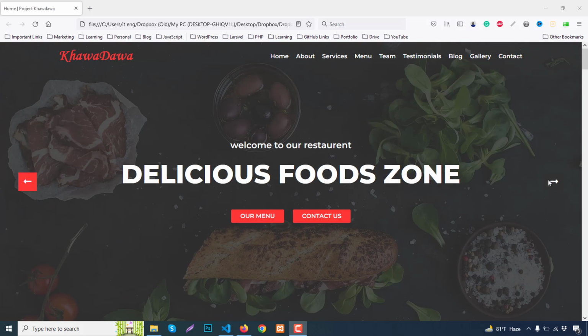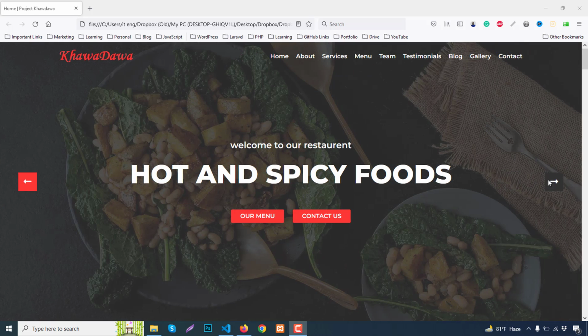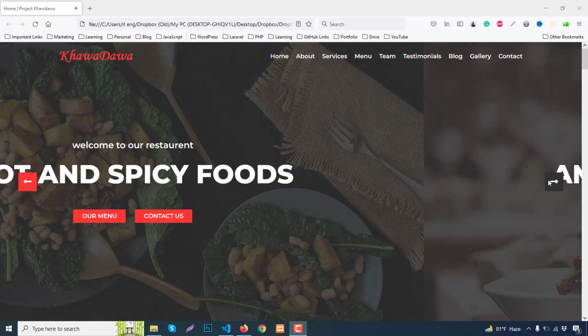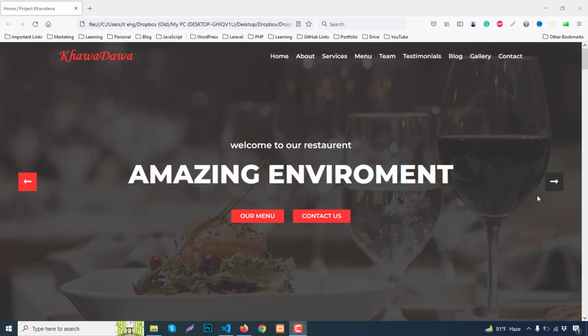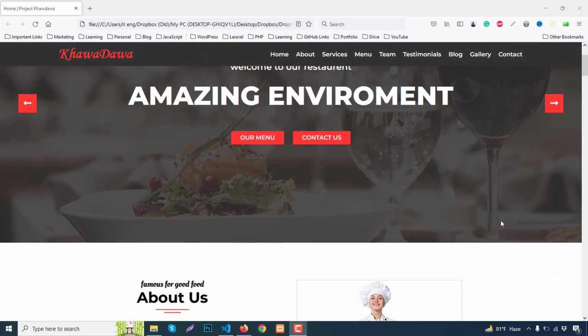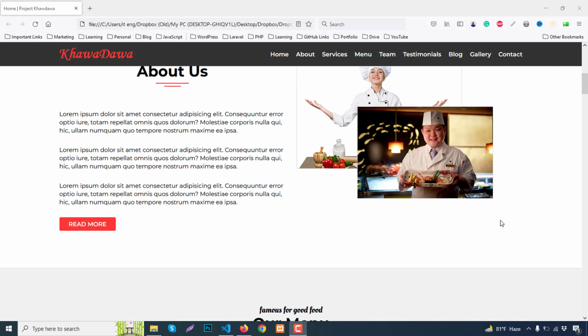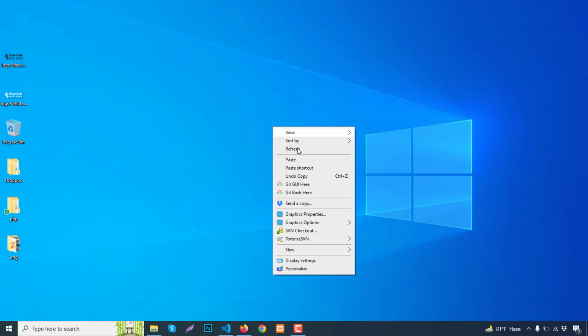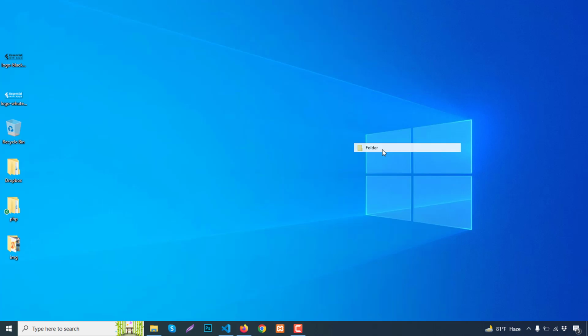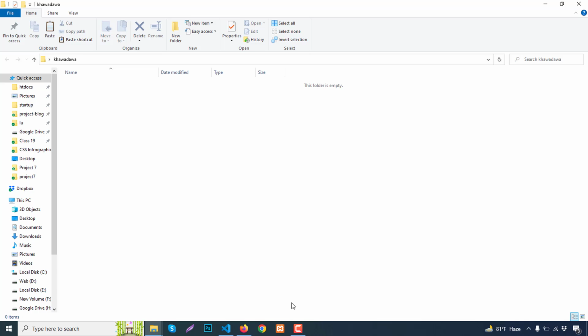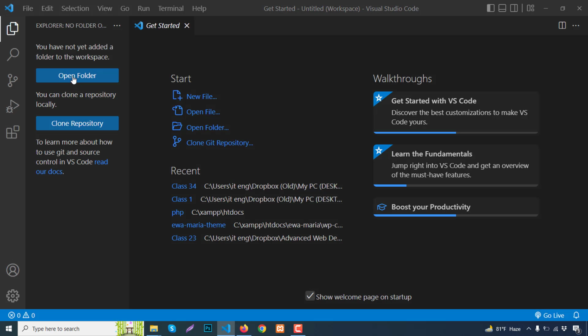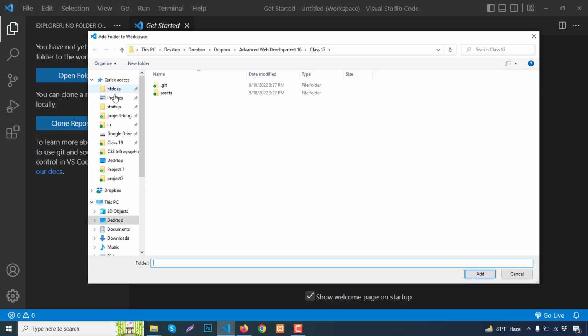In this part, we will collect all the necessary files as we make this site using Bootstrap 5. We must collect the Bootstrap CSS and JS files. Also, we need images for making this site, and we also need some font icons. So let's start. I go back to my desktop and create a new folder with our project name, Khawa Dawa. Just rename it Khawa Dawa. Okay, and open this folder with VS Code. So open folder from desktop